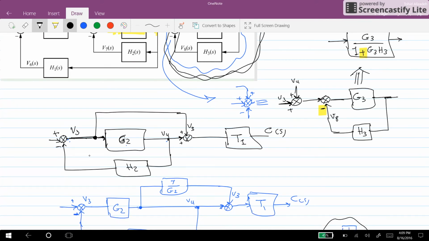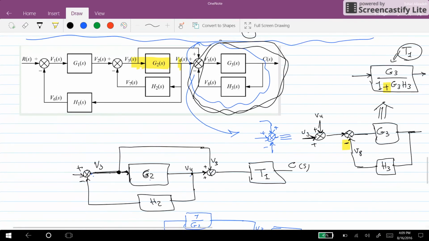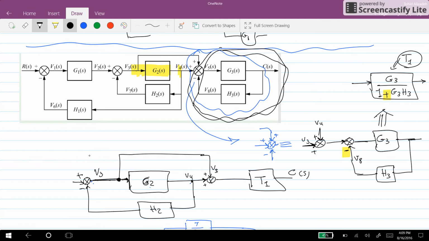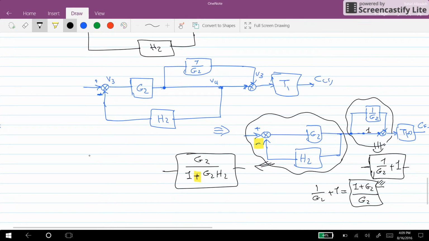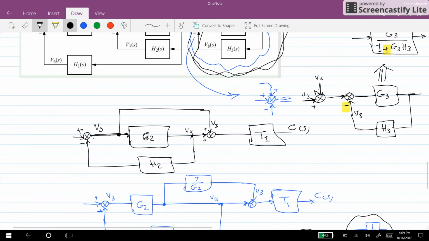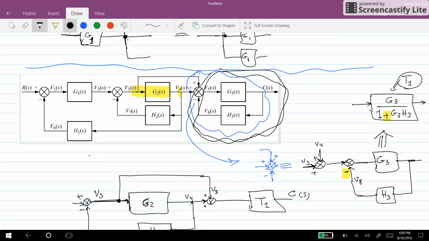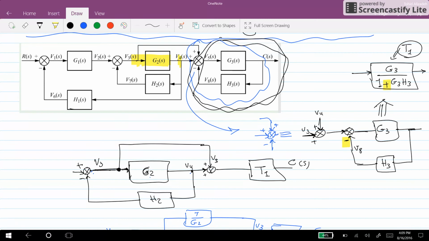So we have moved this point to the right side of the G2, and as a result we have obtained this transfer function here, this transfer function here. But we need to keep in mind that we are still using the V4 signal here through H1. So we cannot combine them, otherwise we will miss the signal. Okay. So now